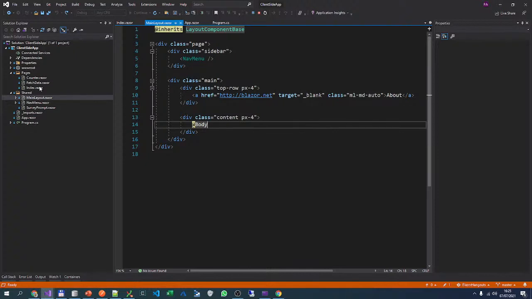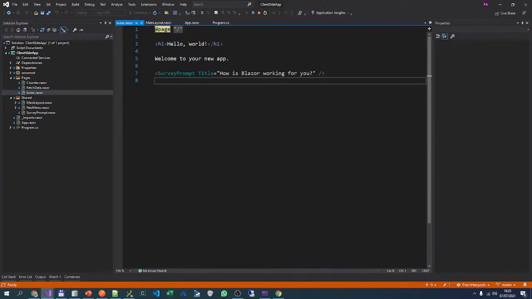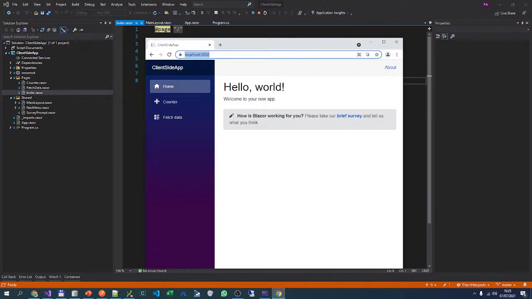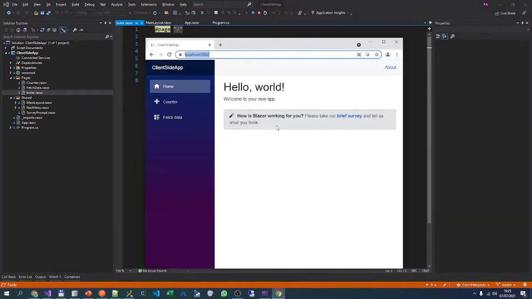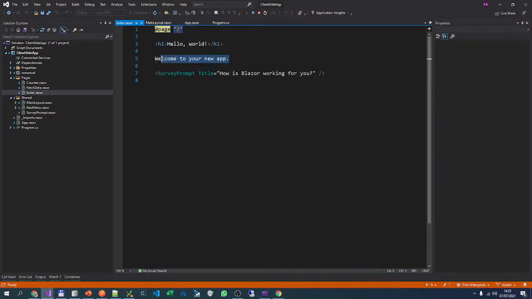Awesome. Okay, so I showed you the layouts and the components, so I'll go now more into what a component is. A component can be structure and code and functionality and appearance. Think of developing your application in smaller parts that you can reuse, instead of developing your application all at once and all in one file. So let's say, for example, here I have a page which I've developed, I put an h1 tag, hello world, I put just a text, and I also have a survey prompt component with a title,